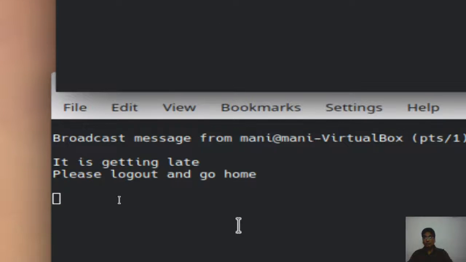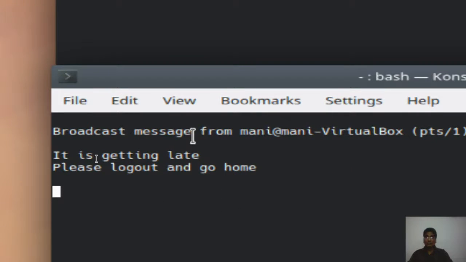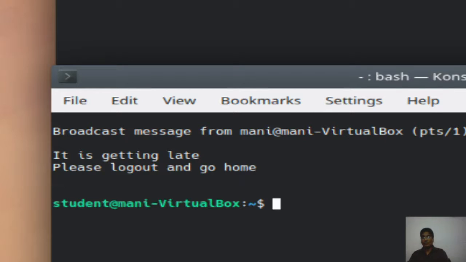So let me go to the student and you get it. So you get it broadcast from money. Remember, money is administrator. You have to have the administrative privilege, like here it is called super user. Only super user can do this one. If you go to lab and try this one, you will not be able to do it because you will not be a super user there. Everybody is going to get that message, whether they like it or not, they will get the message. This is how important this message is.